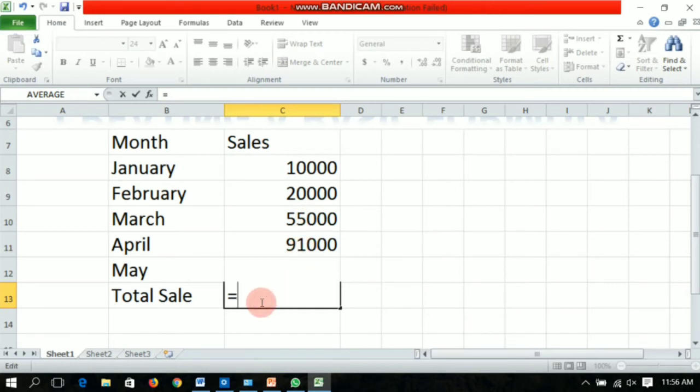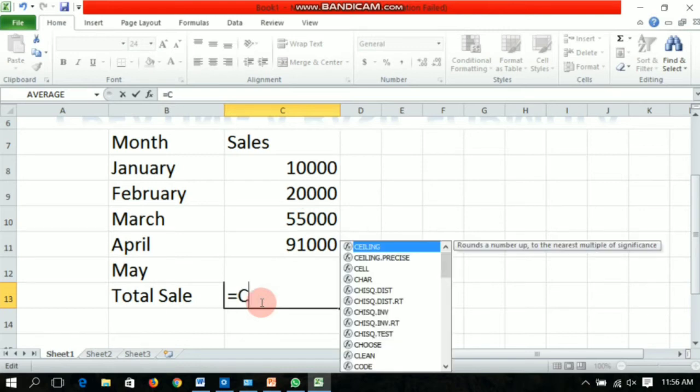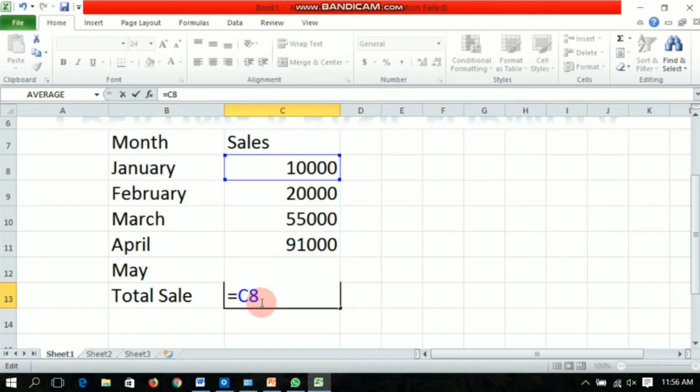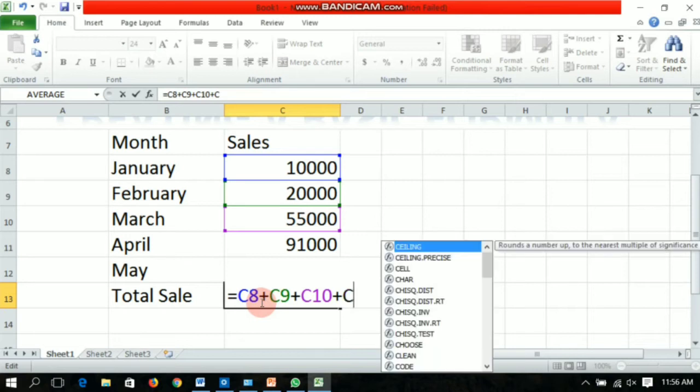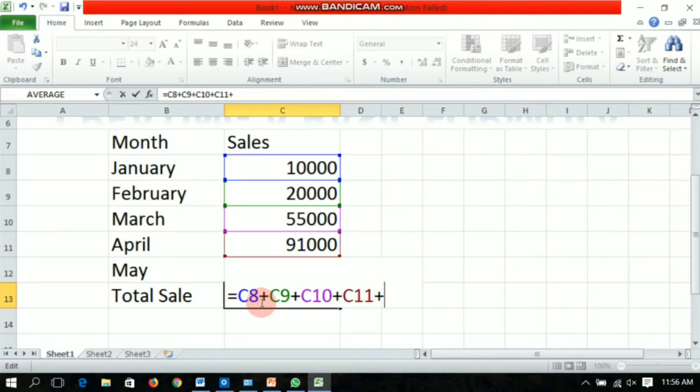And the operator is plus. So first we will type the name of the cell: C8 plus C9 plus C10 plus C11 plus C12.